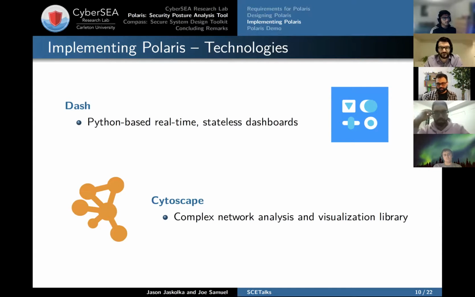So during our search, we came up with two main core libraries that drove the implementation of this tool. One was Dash, which was by a company called Plotly, and what it helped us do is build real-time dashboards that were stateless, which means they didn't store information on the servers for each session, which is helpful because it minimizes the resources we need to have on hand. And it was based on Python, and it helped us integrate another library called Cytoscape, which actually helped with creating the drawing mechanics and the physics to create the core parts of this tool.